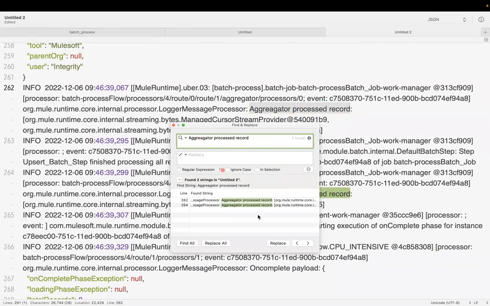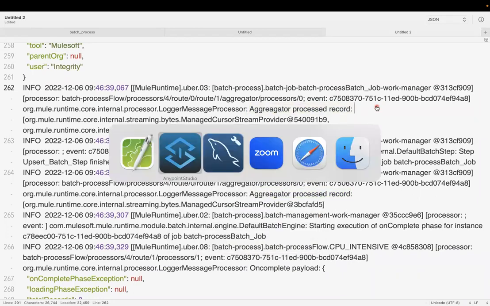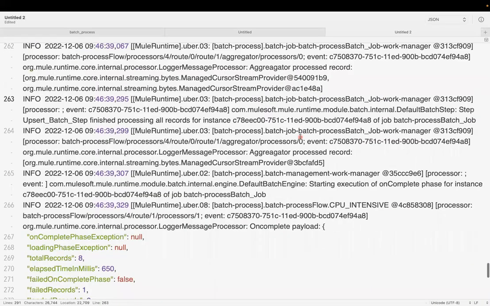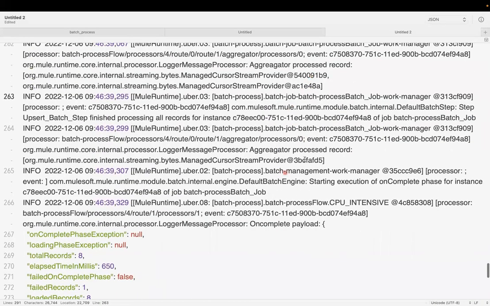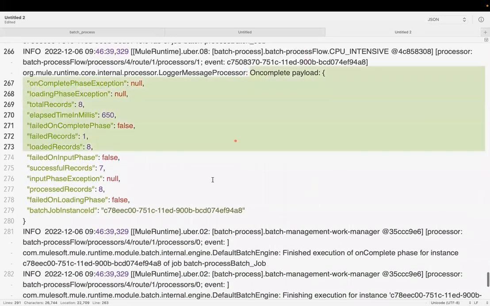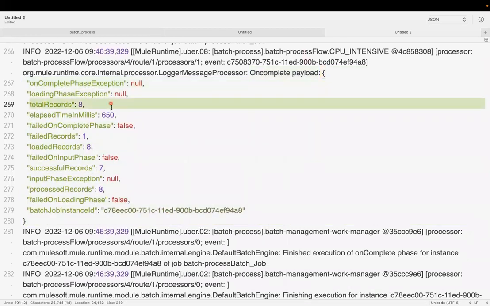So the aggregator process record appears 2 times within the logger because we have configured the batch size as 2. So there were totally 3 records, and for each 2 records, it will process once. So as of now, there were 3 successful records and the aggregator process record happened twice. And we will observe the on-complete phase record. Here, total records and loaded records are 8, the number of failed records is 1, and the number of successful records